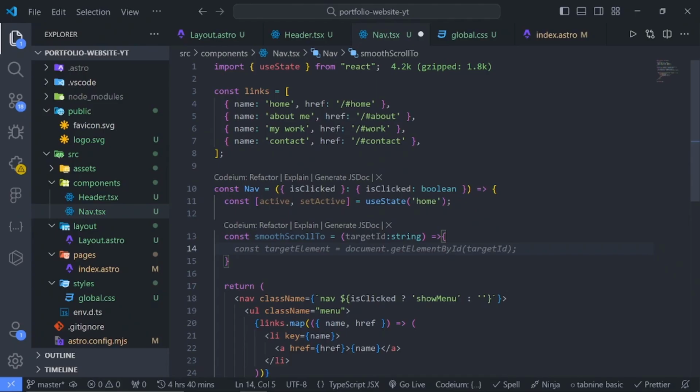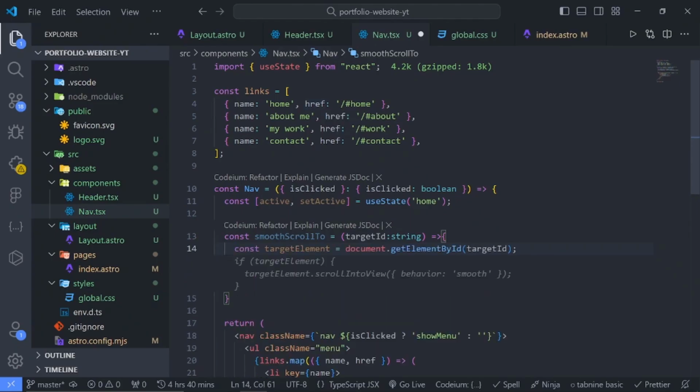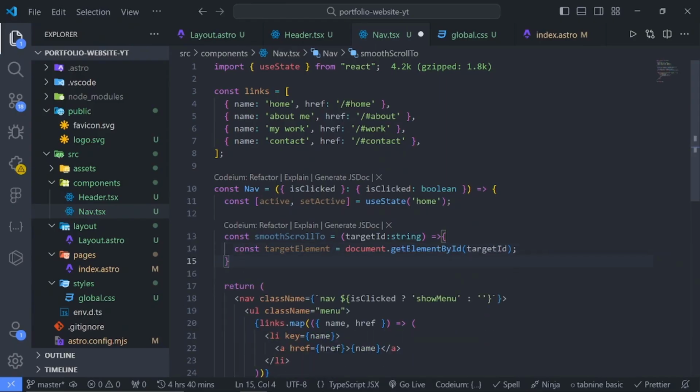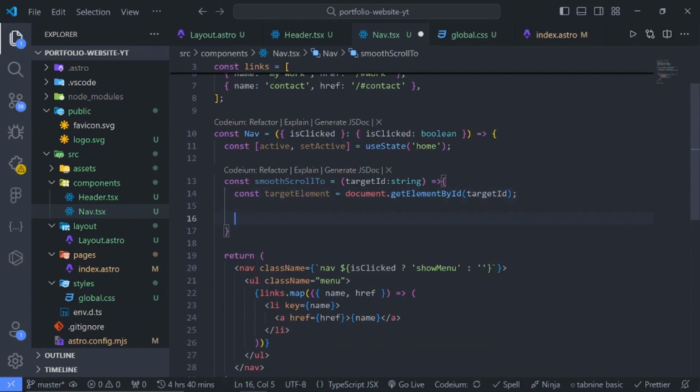So basically we want to get the ID of whatever link that is being targeted. So I'll accept this right here. So we're going to grab the element that is being passed, which will be from this home, about, my works, or contact. Then we'll say if target